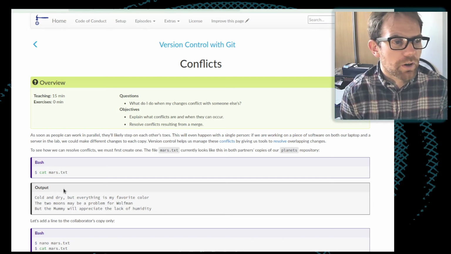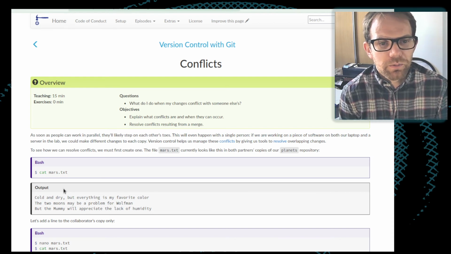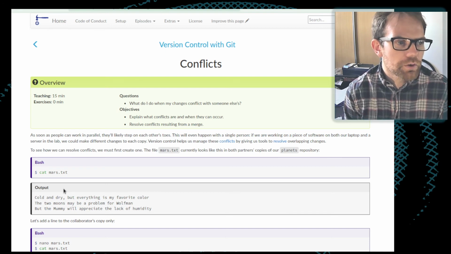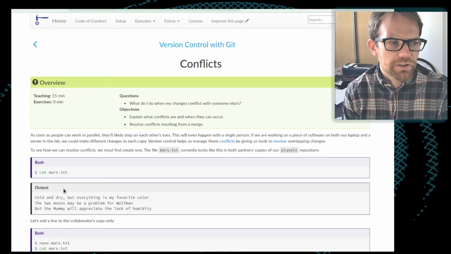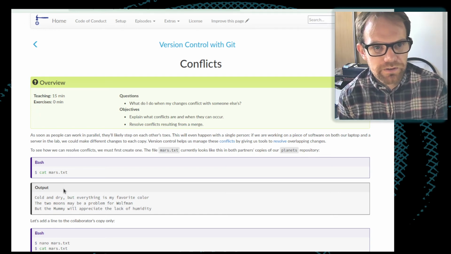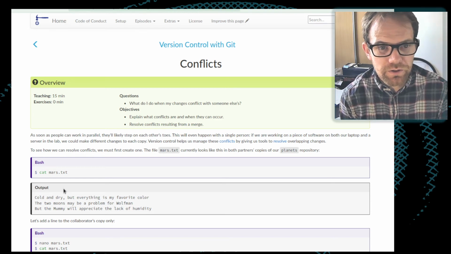So if you're both working on a piece of software, two people might end up making changes to the same function which overlap in some way. Version control, and very specifically Git, allow us to manage these conflicts, giving tools which allow us to resolve those conflicts, sometimes automatically, and sometimes to help us to do that manually.